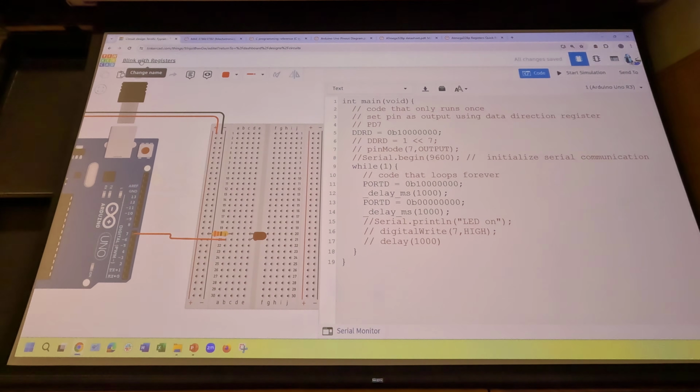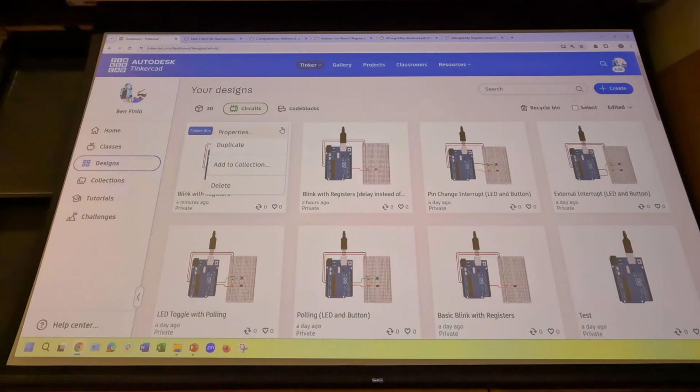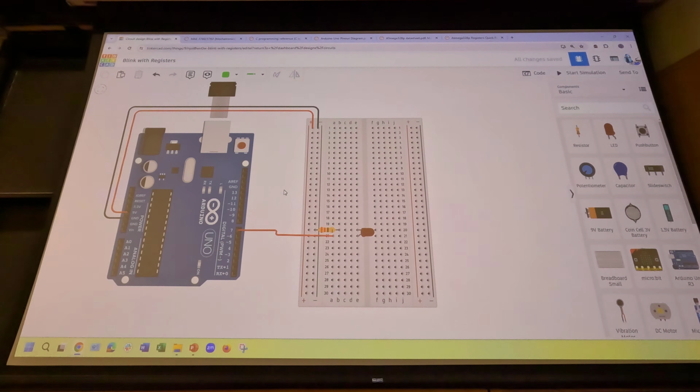If you go back to your main account page, you can hit the little gear icon, select duplicate, right? So then you can make a new one and say, LED control with button or whatever, rather than continuing to overwrite the same circuit. So then you kind of build up a library of things you can refer back to. And much of what we're doing in lecture is very similar, if not identical, to the homework, so it also will save you